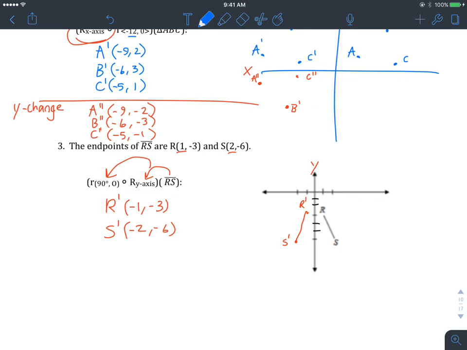All right, and then this is where it's going to be kind of weird here. We're going to rotate that 90 degrees, and since they didn't give us a direction, we're going to assume it means counterclockwise. So we know that once you rotate it, it should be somewhere in quadrant 4 there. If you remember your quadrants from middle school, 1, 2, 3, and then 4. So it'll be over there in quadrant 4,